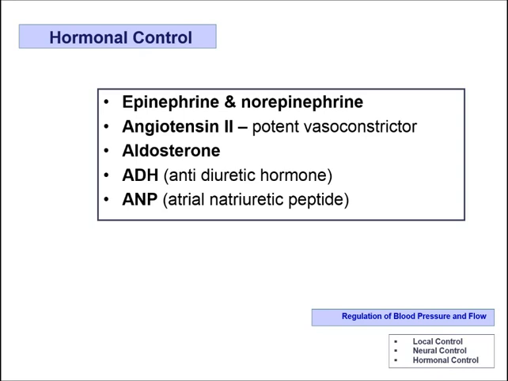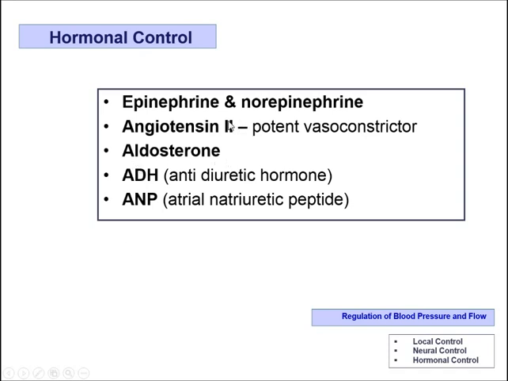So if you were to increase the water volume in blood, then you would think blood pressure would be increased. Or if you decrease the volume of water in the plasma, then that would decrease blood pressure, because it would decrease the pressure that the blood is placing against the walls of the vessels. Okay, so with that in mind, let's go on and talk about the remainder of these substances and how they influence blood pressure and blood flow.